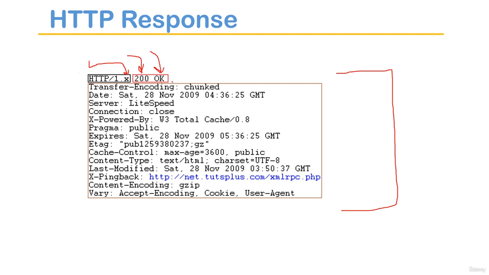The third item is the textual reason phrase, which we can see here, further describing the status of the response. This can have any value and is not used for many purposes by current browsers. So this is how the first line